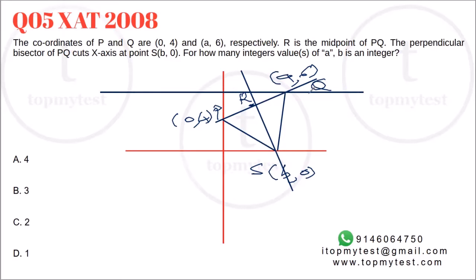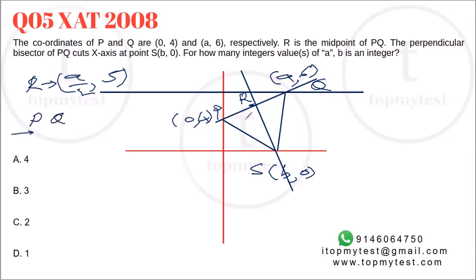Now, there are multiple things which you need to worry about. We need to relate this line with this line, right? How do we do this? I can find the midpoint. The location of R would be the average of these points, so it will be (a/2, 5). That's the value of R. Now R lies on both line PQ as well as RS. So let's find the equation of PQ.